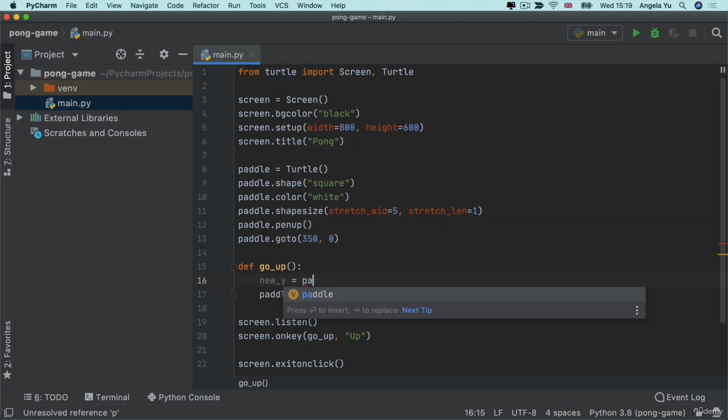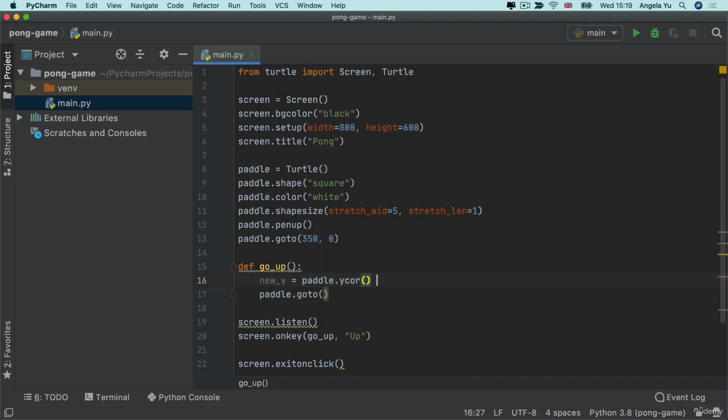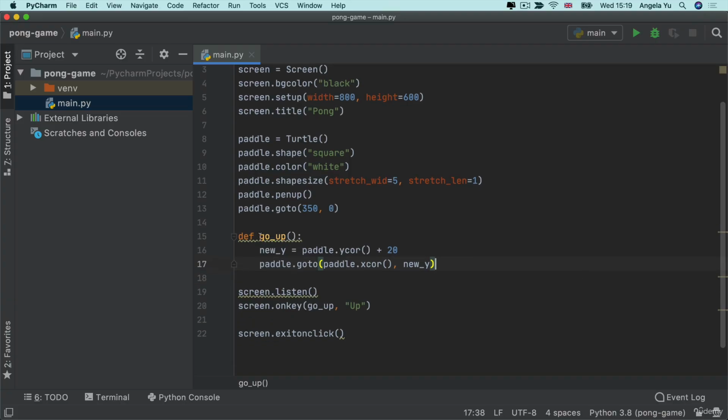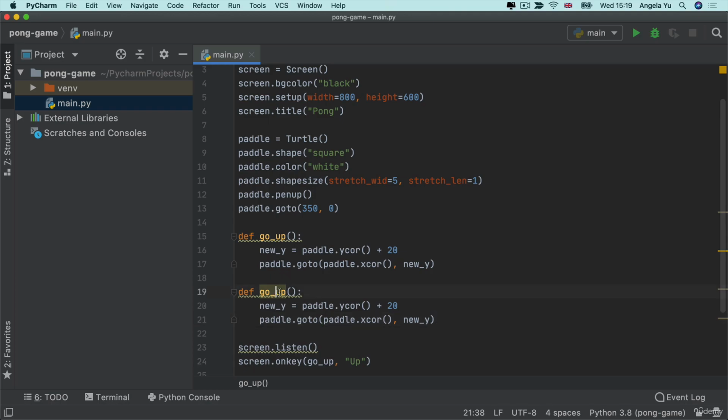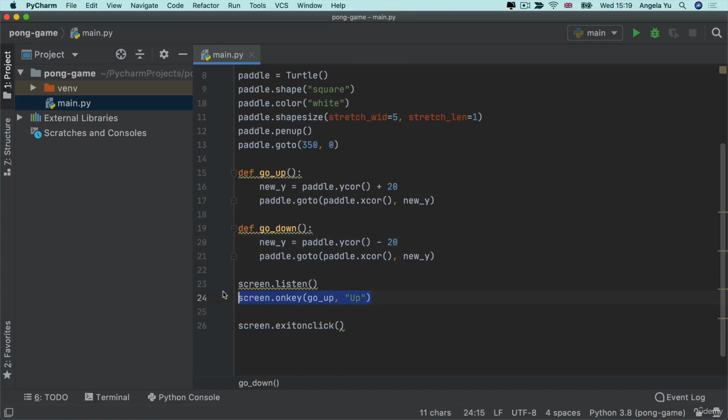So the Y position is going to be the paddle's current Y core, but it's going to go up, so it's going to need to plus, let's say, by 20. Now we can tell the paddle to go to its current paddle.x core, so we're not changing that, and then to go to the new Y position. Now this go up function is going to be called whenever the up key is detected, and if we copy this and we make a similar version of this function, which is called go down, and we can subtract 20 instead. So now we can copy this line and make it call go down when the down arrow key is